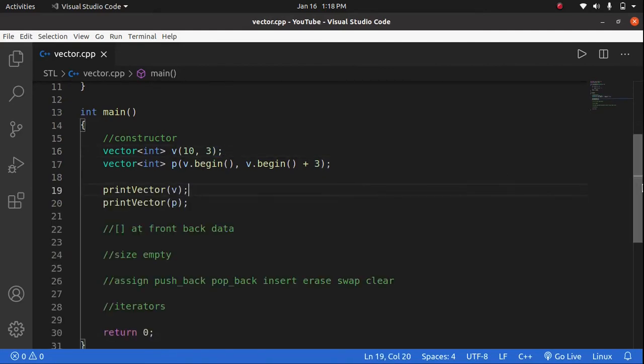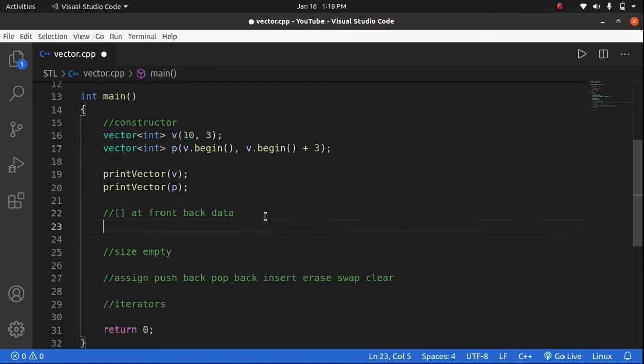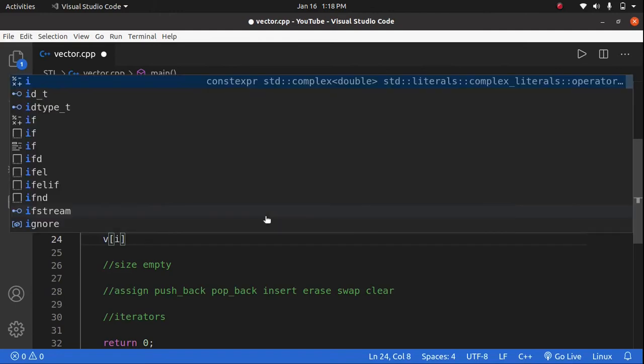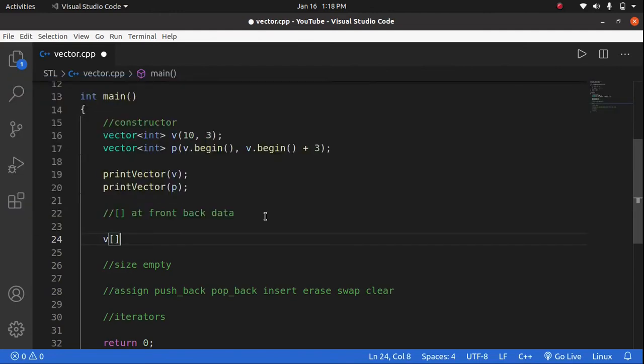Okay. Now let's see how to access the elements of the vector. So as in an array, we can use the v indexes like 0, 1, 2. Okay. So this is the square bracket operator, and we can use v.at with any index.